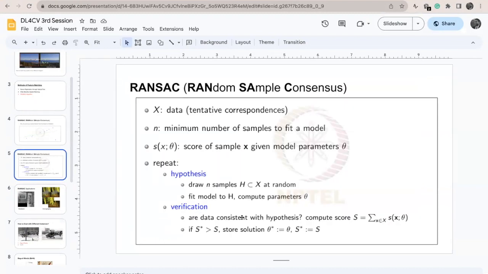And the second is a verification step, where you see if the data are consistent with the hypothesis, and compute the score. And if the score is greater than the original one, we say that this is the best score, and we will store these parameters and the score. And if the score is not more than that, we try to repeat the